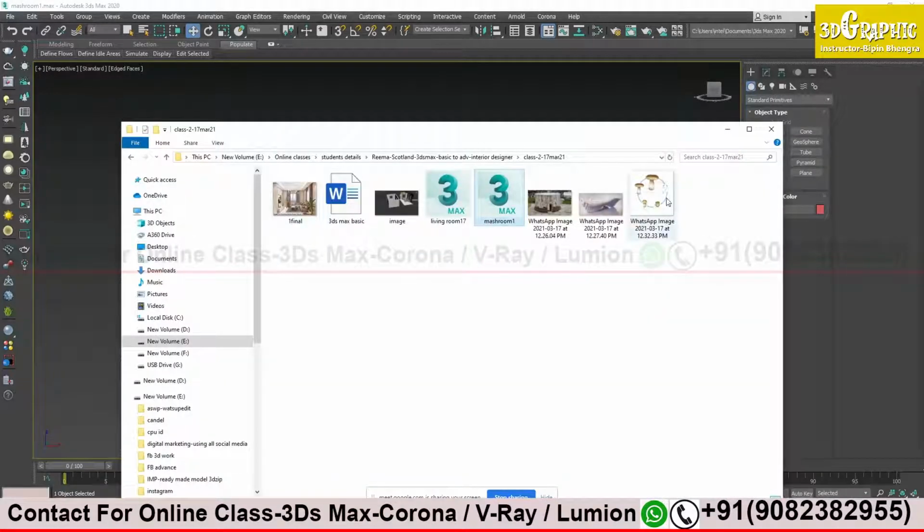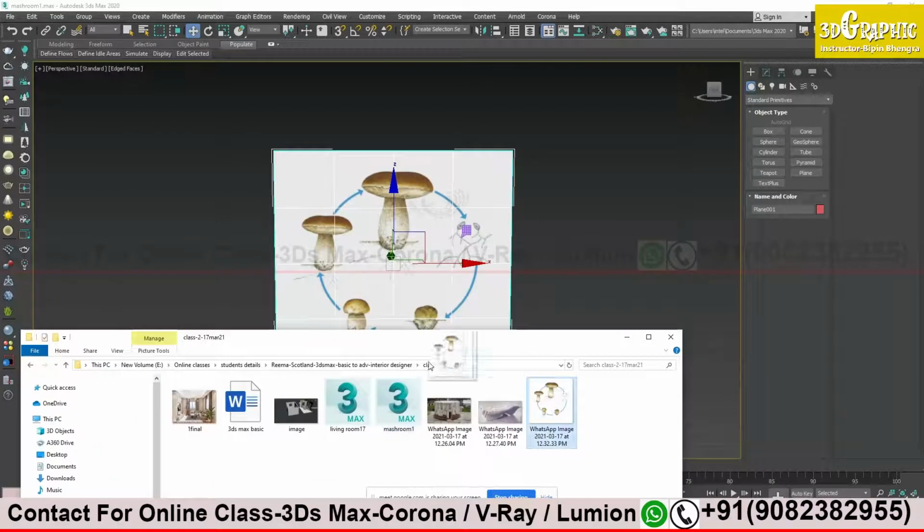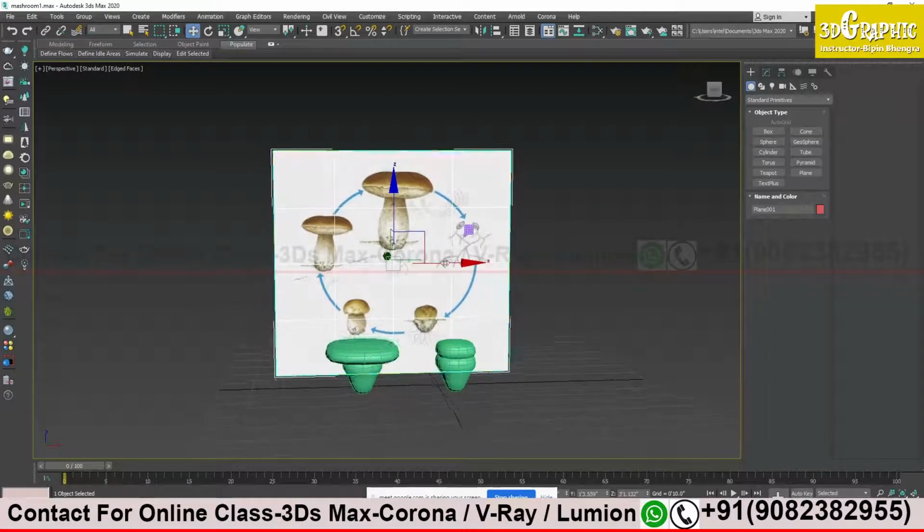Just create a plane and drag and drop the images on it. Just drag and drop from your folder to any plane or any object here in 3ds Max. It will be applied to that object. So that's how I have